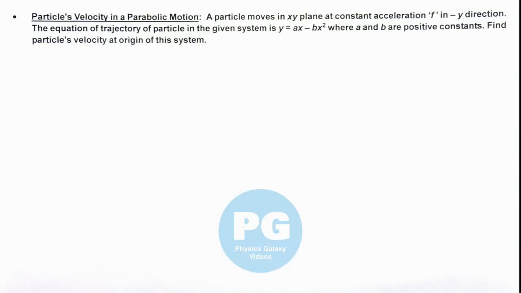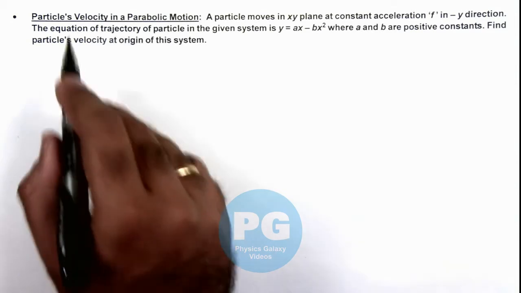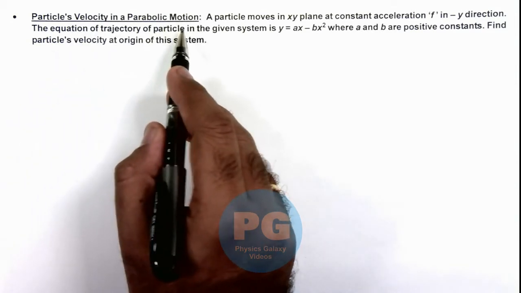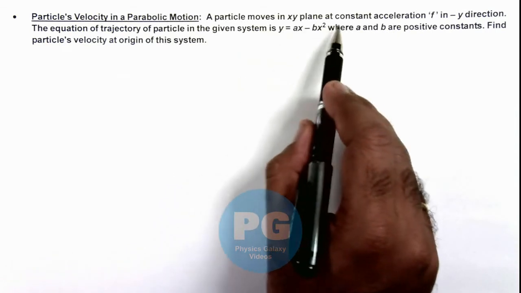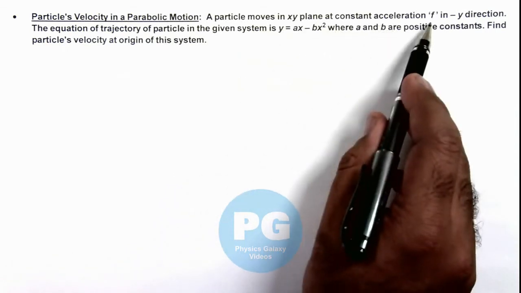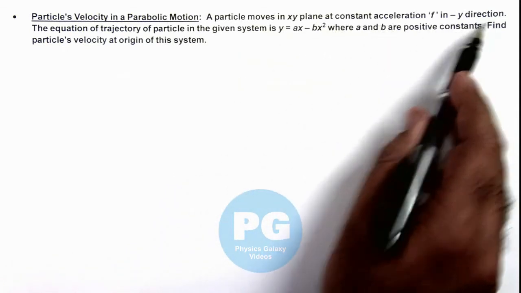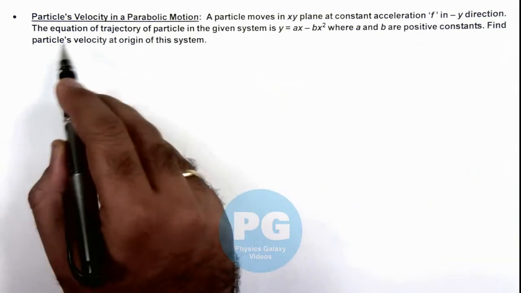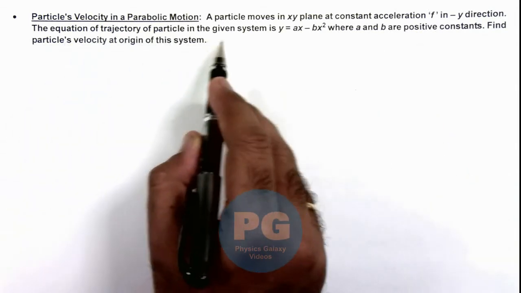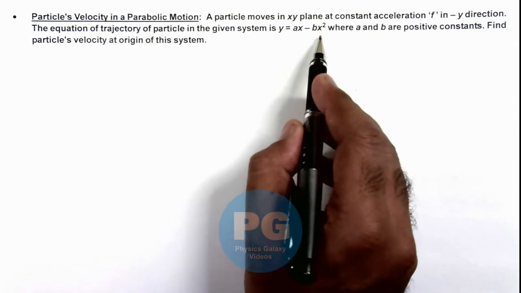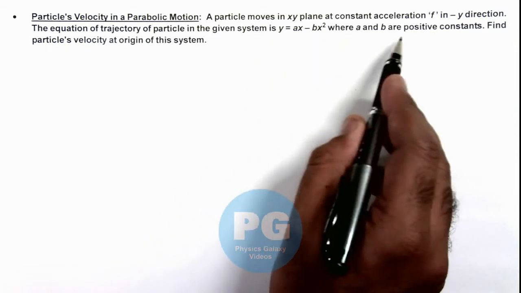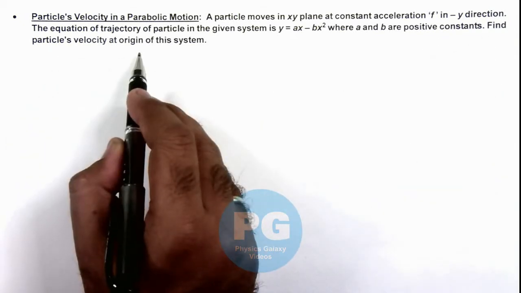In this illustration, we'll discuss a situation where we analyze particles' velocity in a parabolic motion. We are given that a particle moves in the xy plane at constant acceleration f, which acts in the minus y direction, and the equation of trajectory of the particle in the given system is y = ax − bx², where a and b are positive constants, and we are required to find the particle's velocity at the origin of the